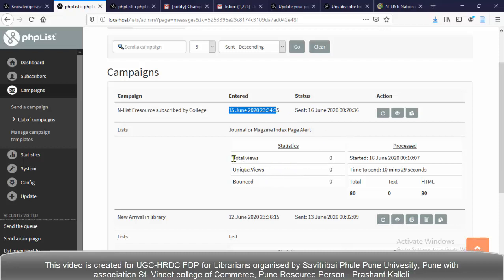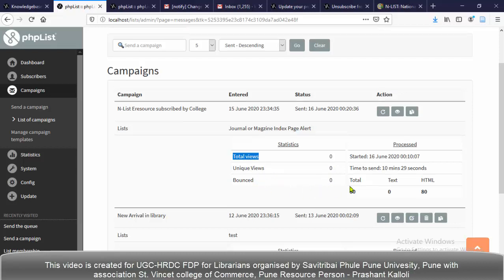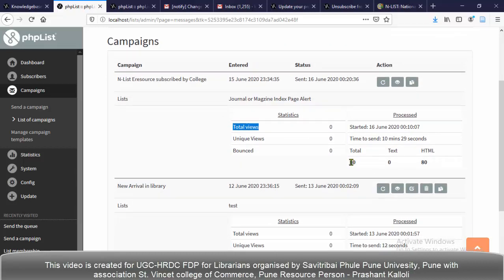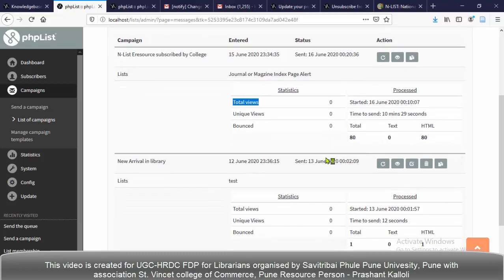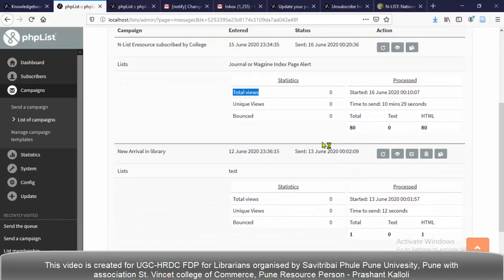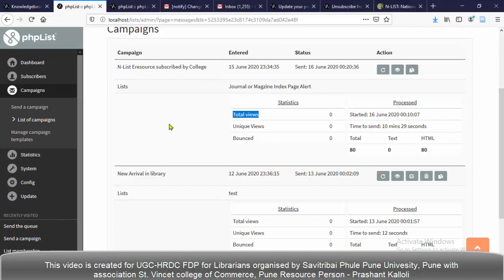It's night 12:23 a.m. So now we will see the emails opened: total views are 0, unique views 0, bounced, not bounced. So in total 80 emails we have sent. Okay, such type of statistics will appear.